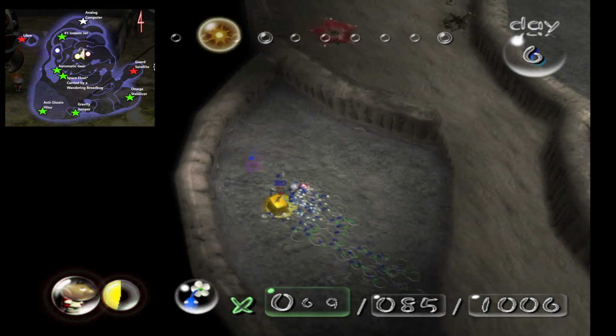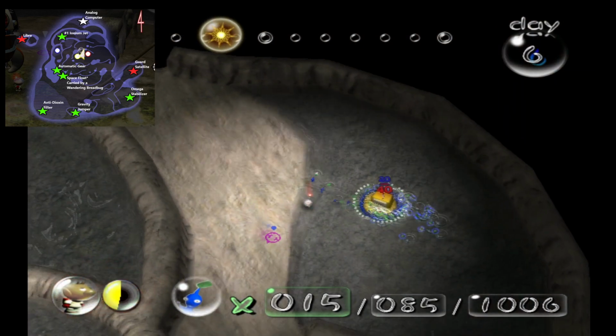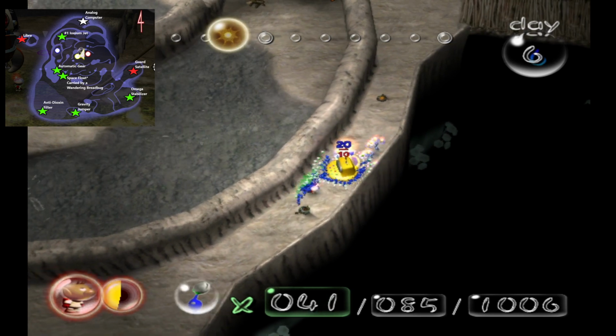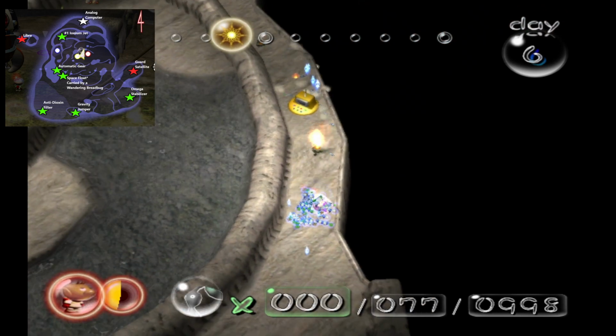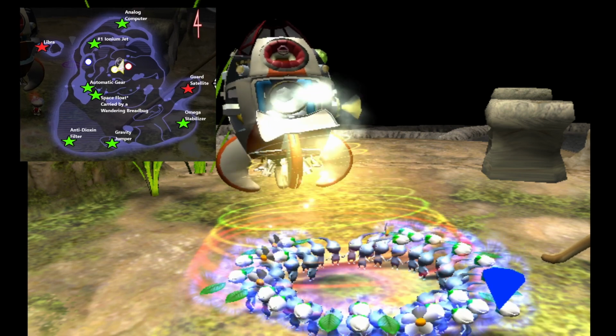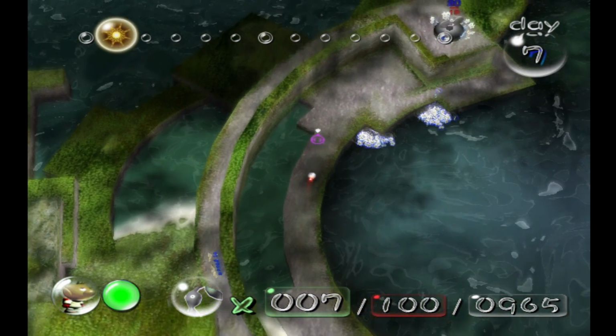This leaves one final treasure to collect, the analog computer, which we have to navigate through this narrow fire path, which luckily we do without any issues. Yikes. But once we collect it, we luckily have 12 treasures, exactly enough to move on to the Distant Spring,